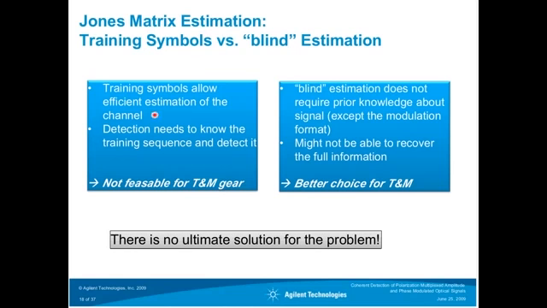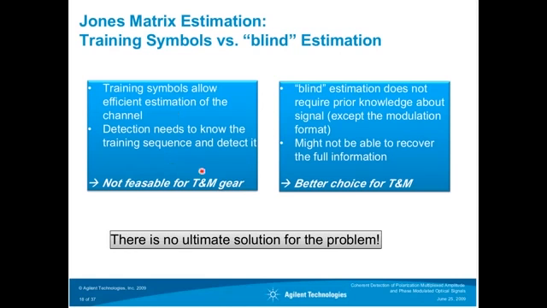It's quite efficient and it's widely used in the RF, but of course the receiver needs to know what training sequence is sent out, and there needs to be some synchronization to know when training sequences are really received. Since this method is not yet very well standardized or widely used, there's no common training sequence or detection scheme or triggering scheme, so that's not really feasible for a test and measurement gear.